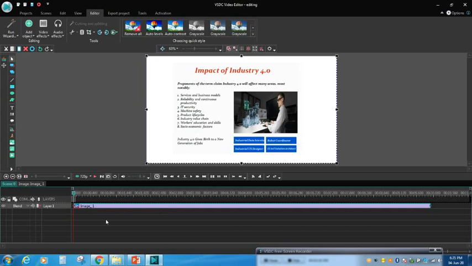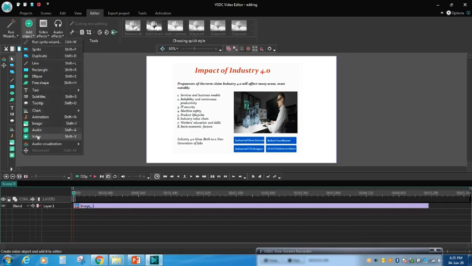Even a normal image, JPG or other image, can be copied and pasted here. It will come like this only. This is the timeline where this image is fitted. Normally you can drag the image to any point on the timeline like this. For this image, this is layer 1 where the image is fitted. In layer 2 I am going to add some recording file.